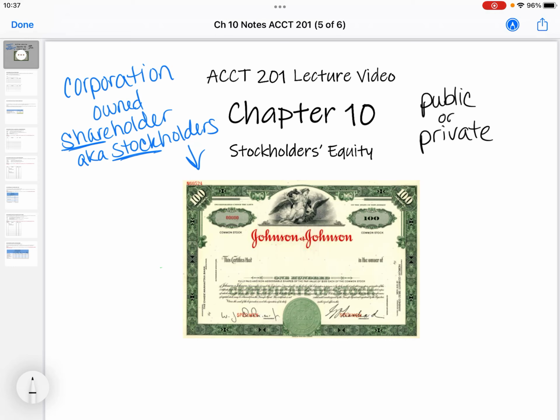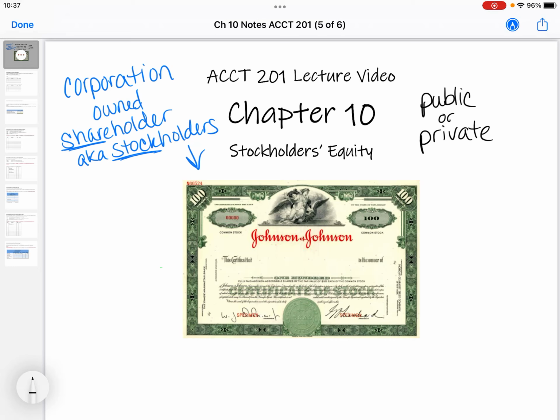Maybe you decide you're going to become a corporation because you're big enough. You need to have that limited liability for the shareholders. So you become a corporation and you decide that you're going to print the shares of stock, but only your family and certain people will be able to own the share of stock. Then that would be privately held. Or you don't sell any of the stock and it is just owned by the corporation altogether.